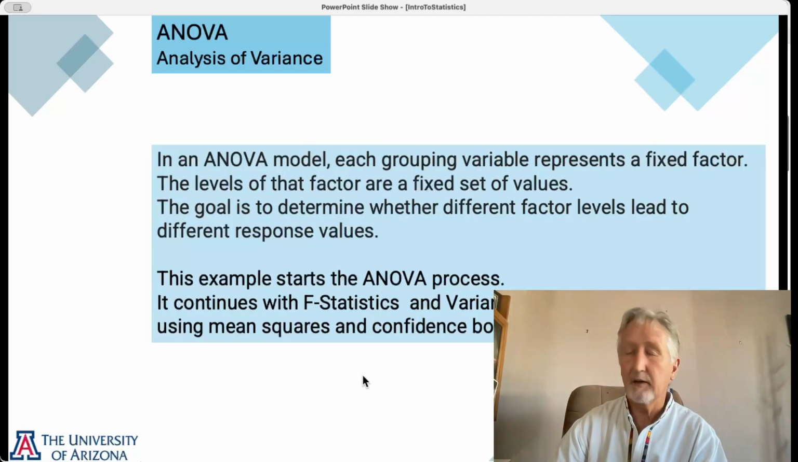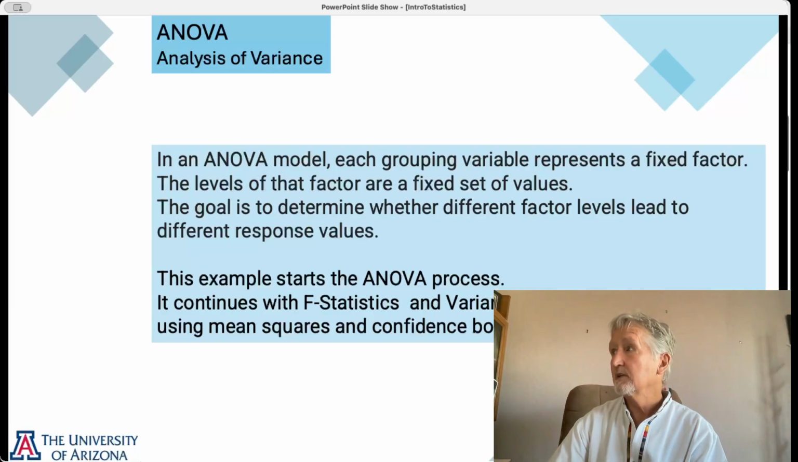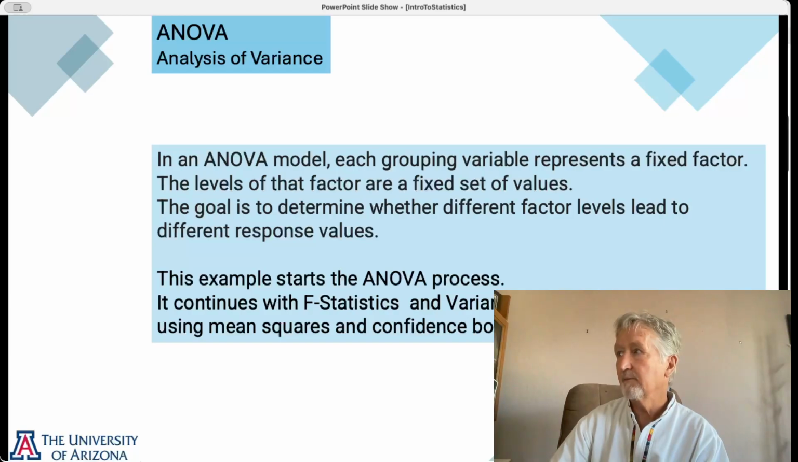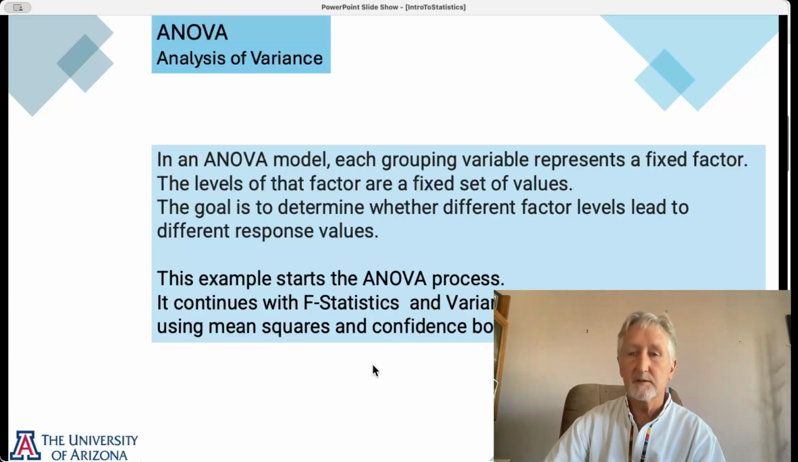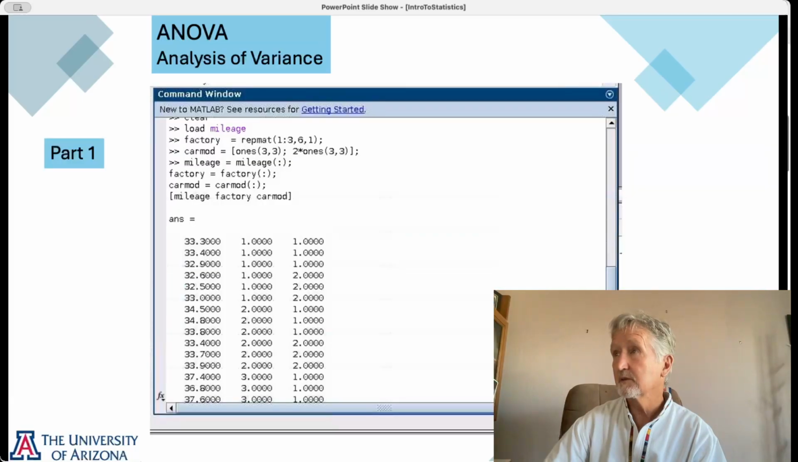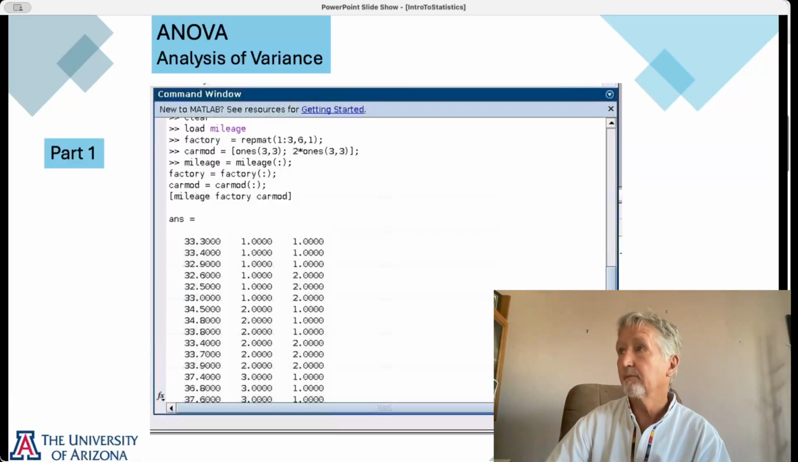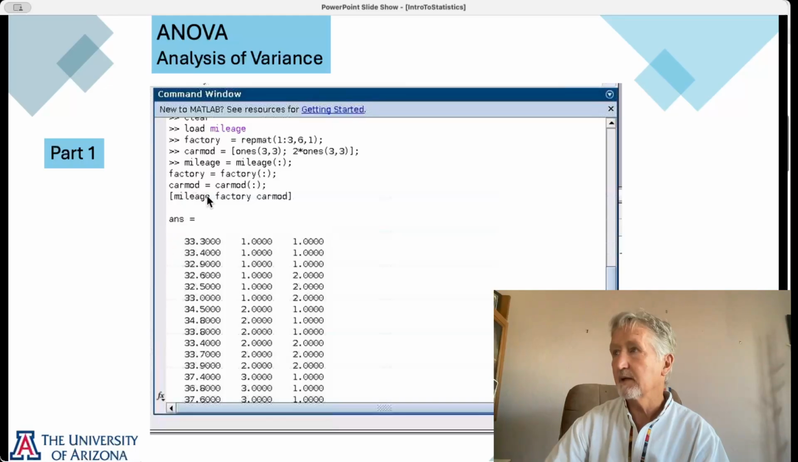Okay, moving along to ANOVA, analysis of variance. So we're looking at factors, the levels of factors at a fixed set of values, and to determine whether different factor levels lead to different response values. So this one also is more elaborate, and continues into F statistics and variance components, uses mean squares and confidence. Also an older data set called mileage, and then we define our terms, and then it comes back showing